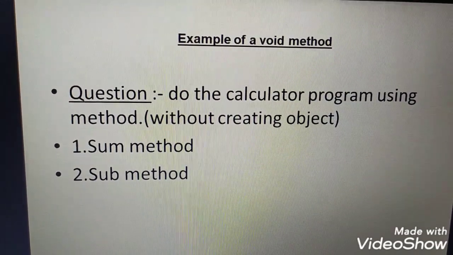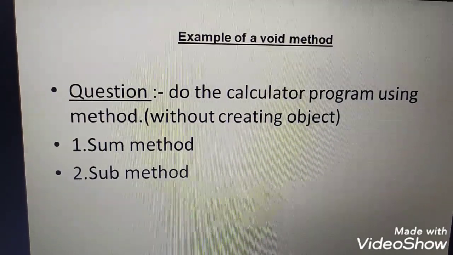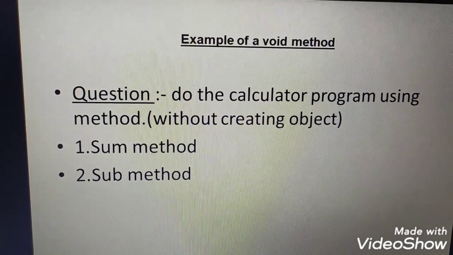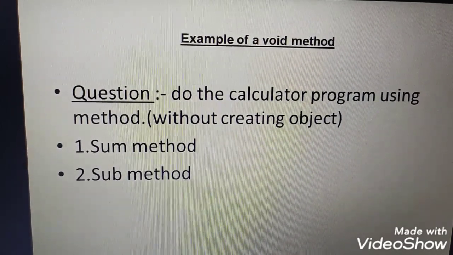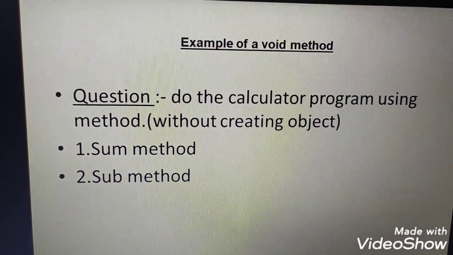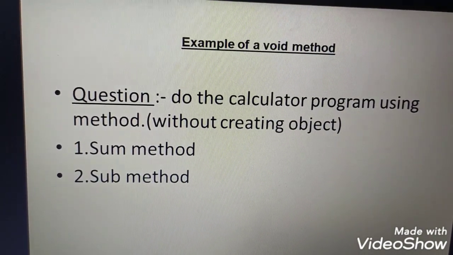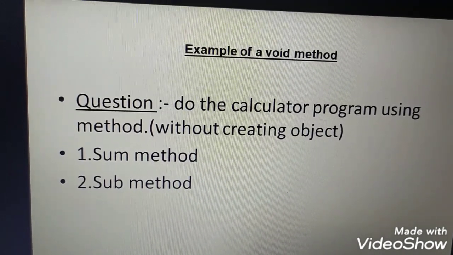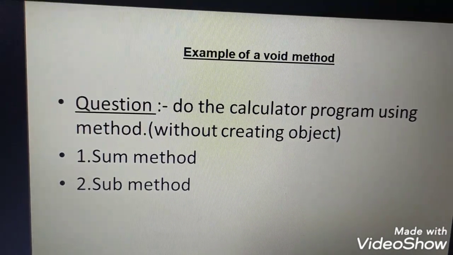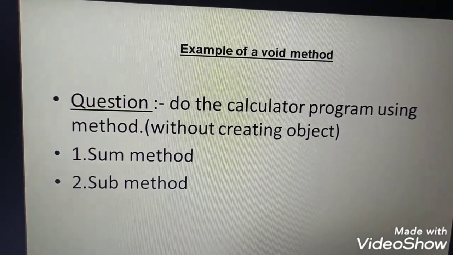Okay. And the calculator program contains two methods, the sum method and the subtraction method. Here we don't have to create an object. Without an object, we have to access or invoke the method. How it will be, you will know from the example.